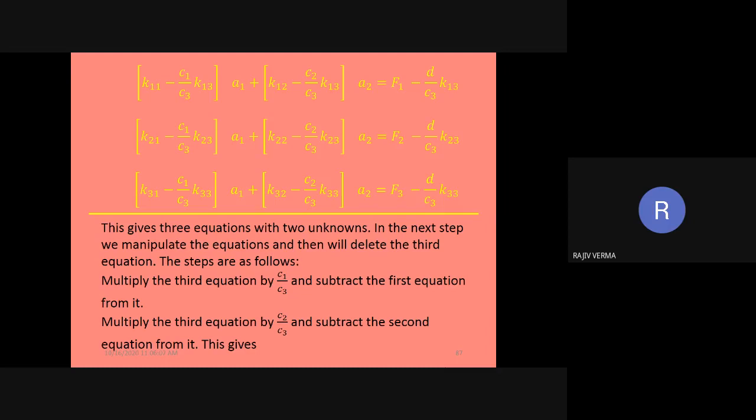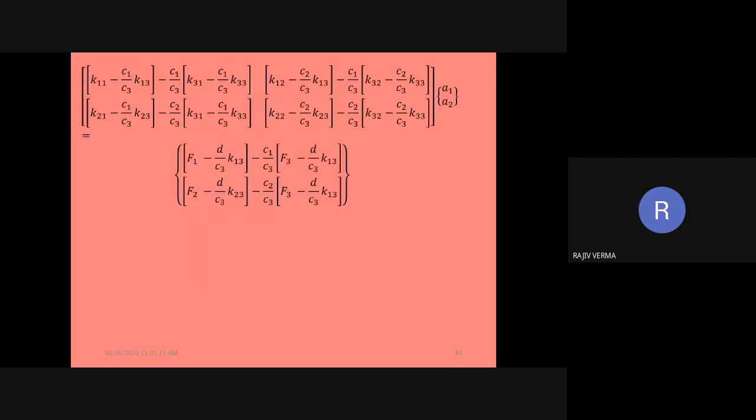When you carry out these two steps, this is going to give you two equations, which are on display now. These are the two equations. And why have these particular steps been carried out? They have been carried out in this specific manner because this results in two equations having two unknowns, and